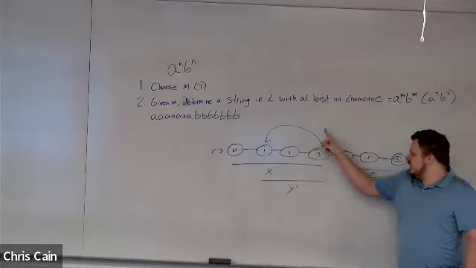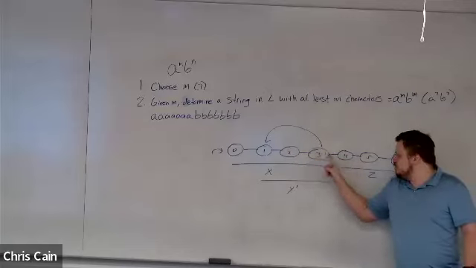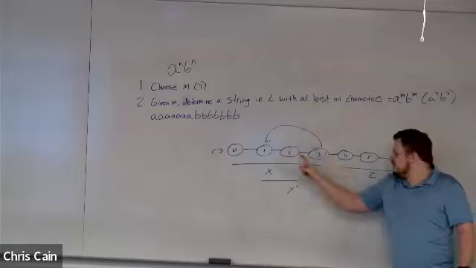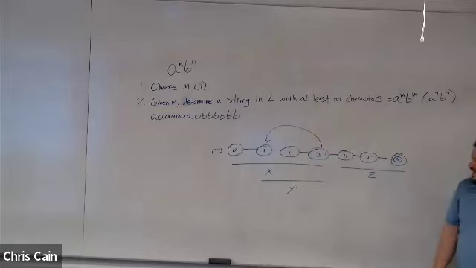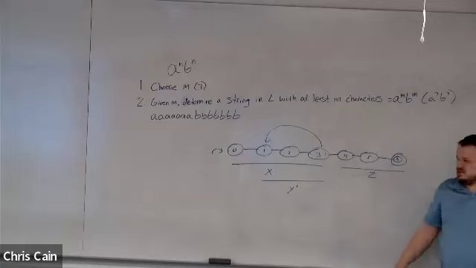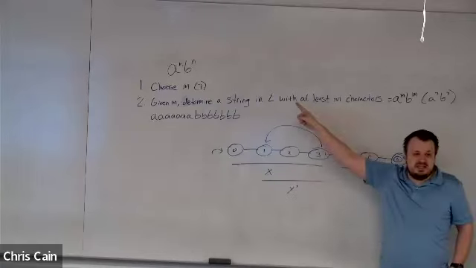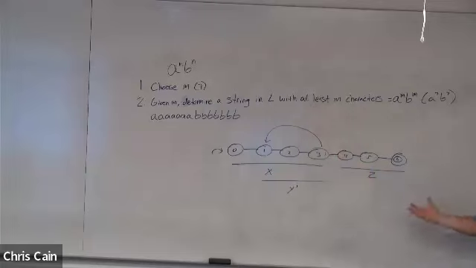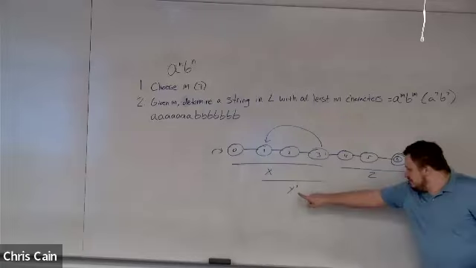I equals 1, we go once through this loop. I equals 2, we go twice through this loop. I equals 3, we go 3 times through this loop. And then the string X, Y to the I, Z is guaranteed to be in the language defined by this DFA. There's nothing that says that this DFA is A to the N, B to the N, because no such DFA exists. But if we want to prove this, we can use this breakdown of any DFA with a loop to